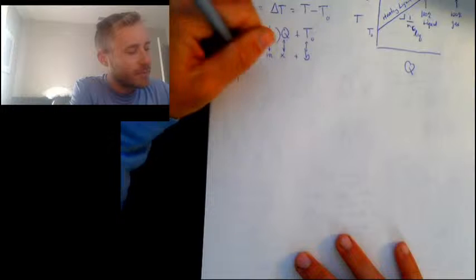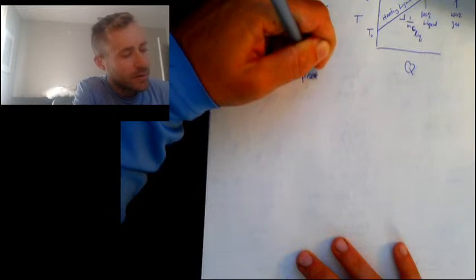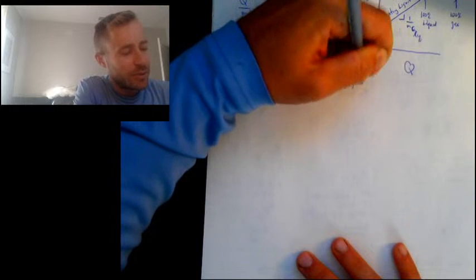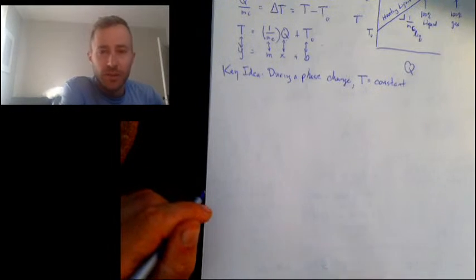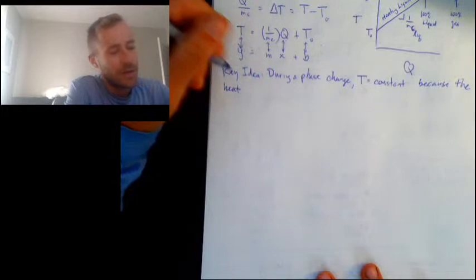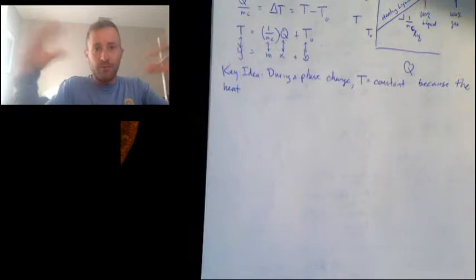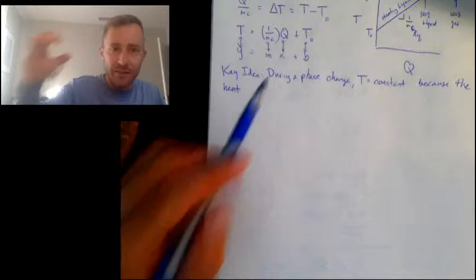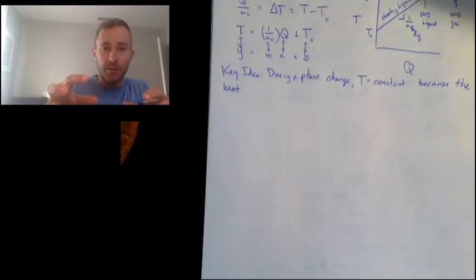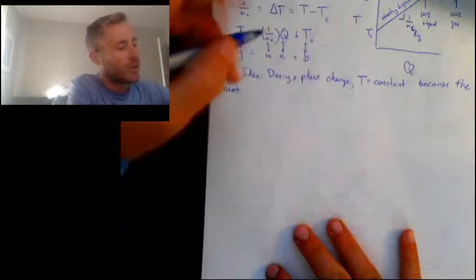So the key idea here: during a phase change, the temperature is a constant. Okay? During a phase change, the temperature is a constant because the heat. Now remember, temperature is a measure of kinetic energy. So generally speaking, if we add heat, we make the atoms vibrate more quickly, which raises the temperature. But when you are doing a phase change, the heat that you're adding, the energy that you're adding, is not making the atoms go any faster. What it's doing instead is it is rearranging the atoms. Okay? So during a phase change, the temperature is constant because the heat is